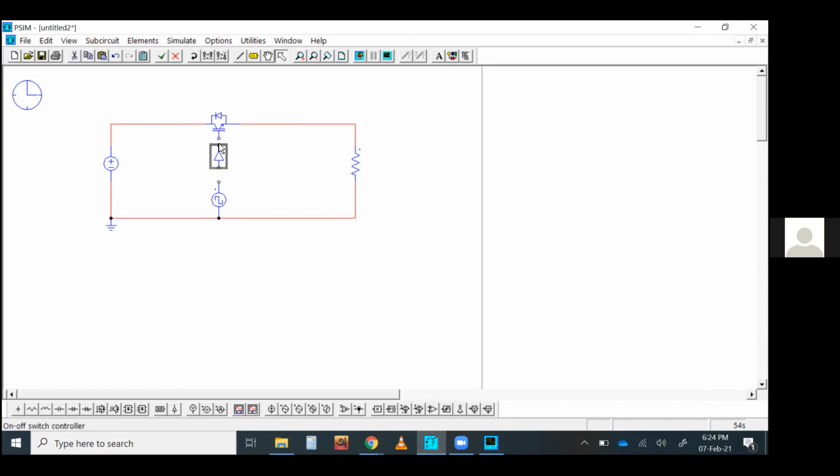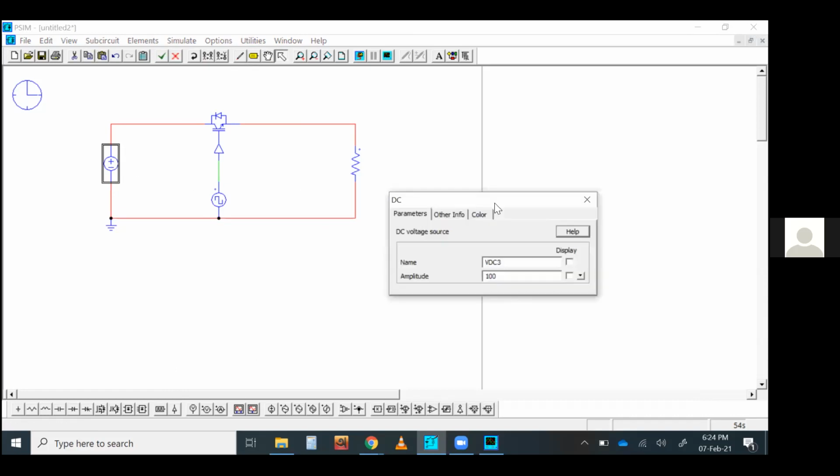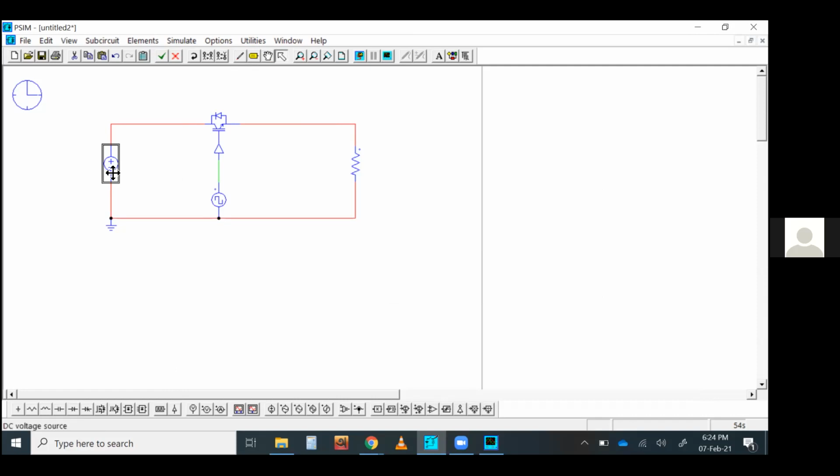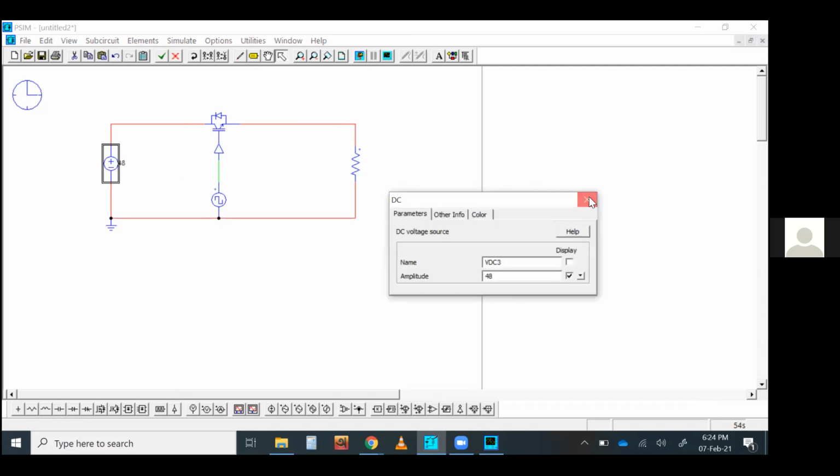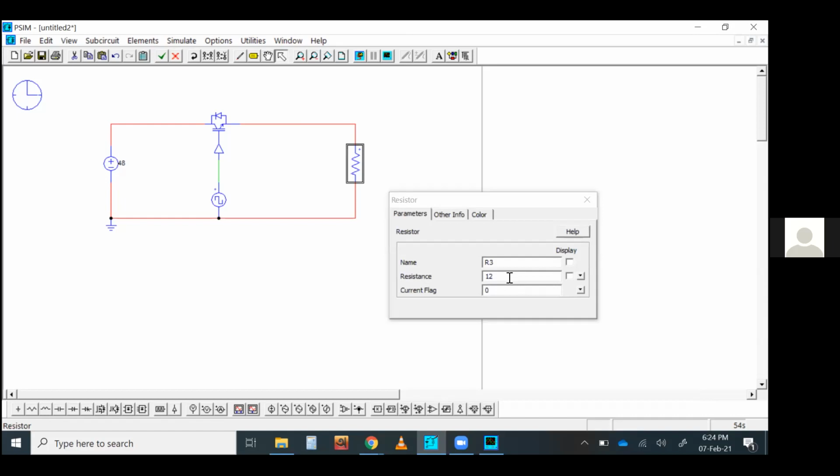This is the thing you need to remember every time you run a simulation using this electronic switch. Now set the parameter. Say for example, I'm using a 48 volt DC system. From this 48 volt, I want a lesser voltage, like 24 or 20 volt. Say for example, I want 24 volt. From this 48 volt system, I want 24 volt output at the load. The load is 12 ohm. Let us put it 20 ohm now.